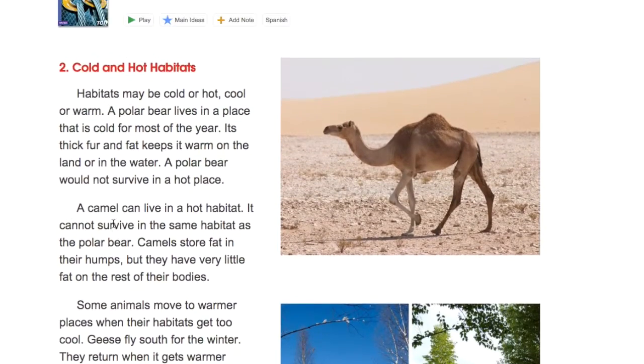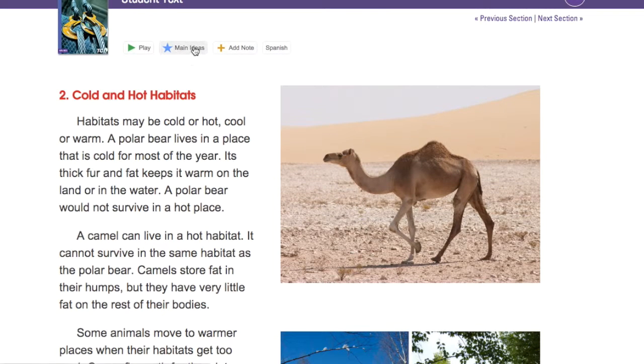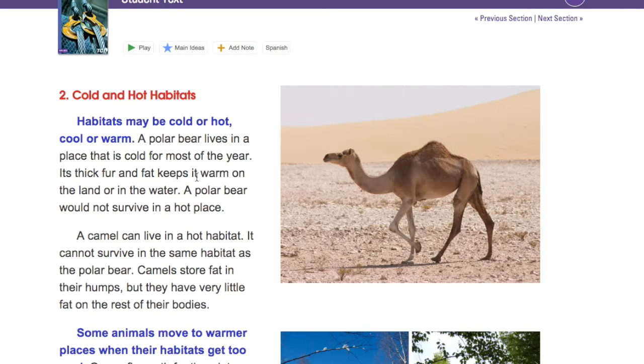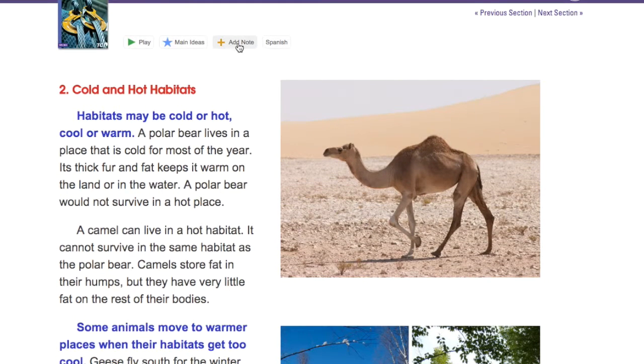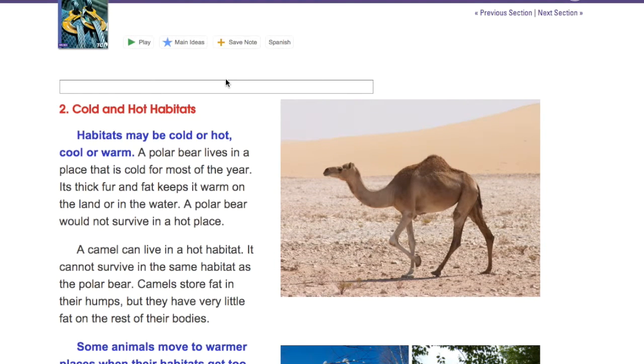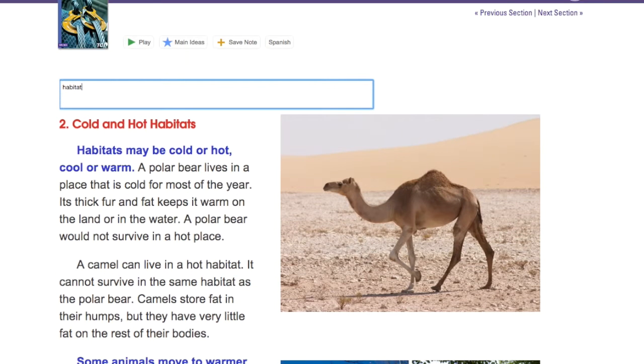you see what the student text will look like. And again, it will read aloud to students. If I click on main ideas, it highlights the main ideas that are important for students to remember in blue. I can add notes. So I might say habitats can be cold or hot,